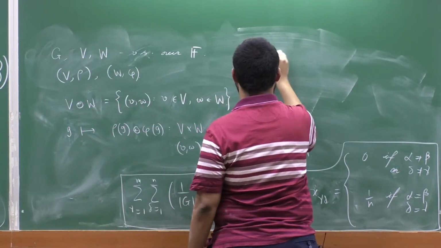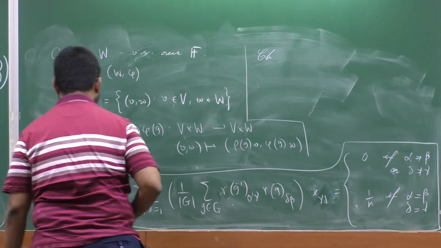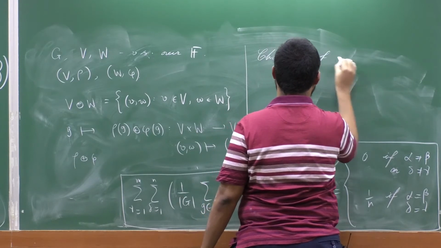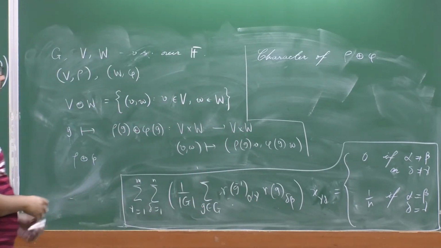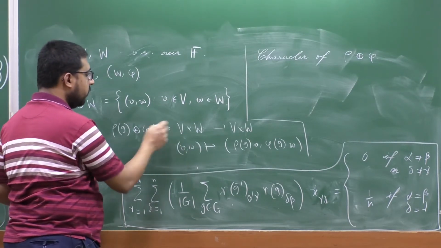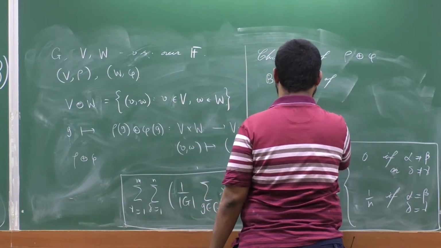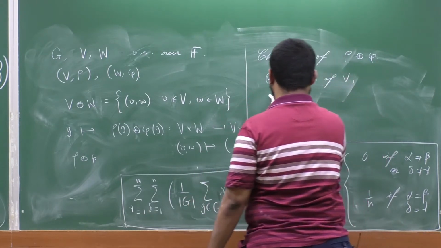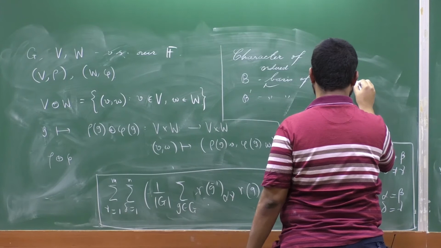So, then the question is: what is the character of this representation, which we denote by rho direct sum phi? In order to talk about the character, you first have to have a matrix representation. So, if you choose an ordered basis of V, and if you take B prime an ordered basis of W, then